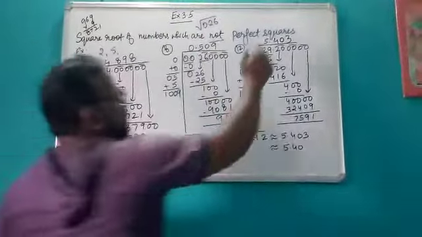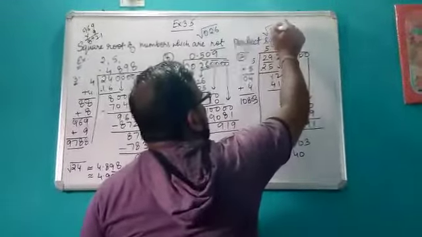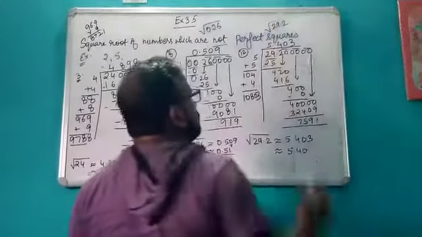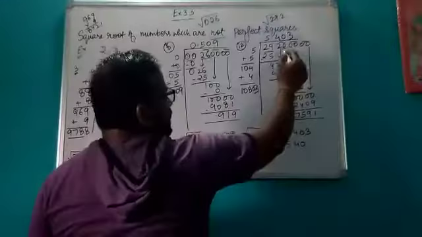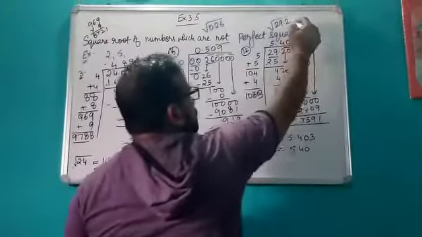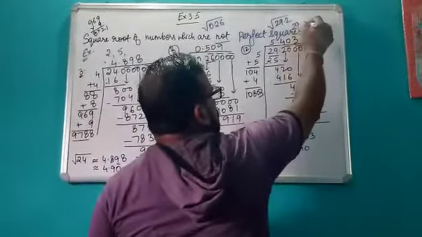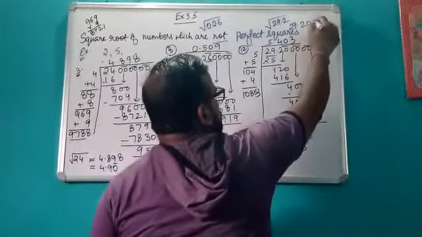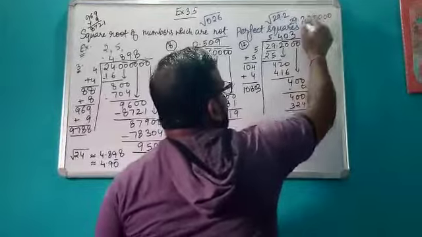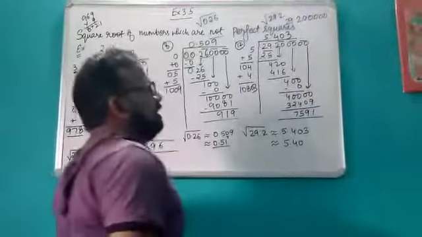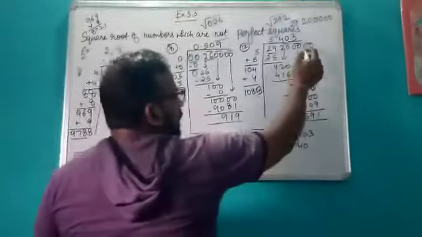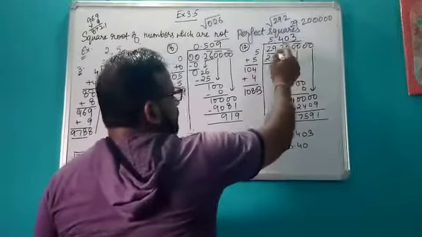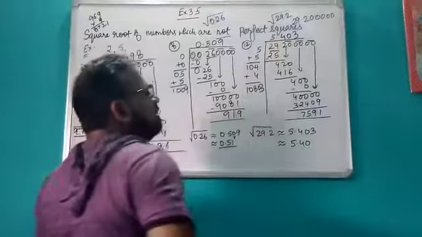Okay, suppose now we have to find the square root of this type of number, 29.2. So we already knew that we can add as many zeros as we want after this decimal. So you can write this number as 29.2000, then 2 and 2, 4. So like this I have taken 4 more zeros. So now I have again 3 pairs after decimal, and this is my first pair before decimal.